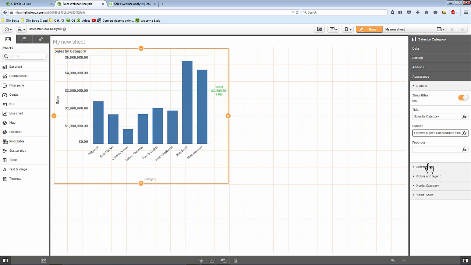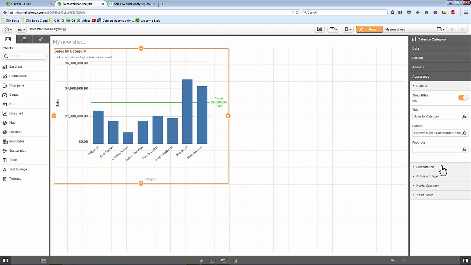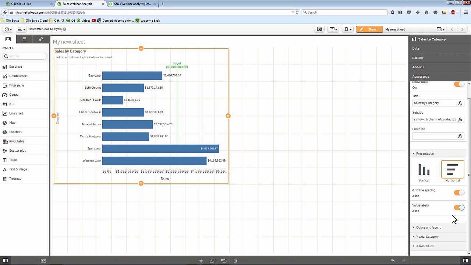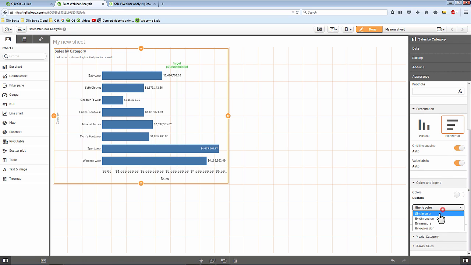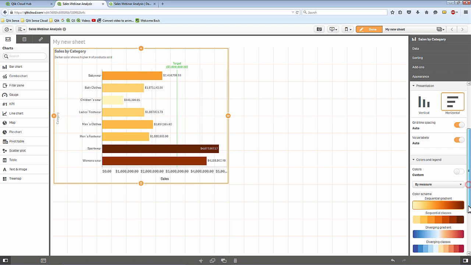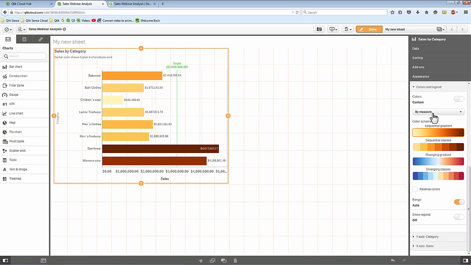Okay, when we get to our color intelligence section, I'll show you how that comes into play. But that will put a subtitle right up here. Presentation: make it horizontal, put the data values on the labels, colors and legend. Here's our single color, color by dimension, or color by measure. Earlier when I was talking about the darker bar color, it's kind of redundant. The actual larger size of the bar indicates the higher number of sales in this case. Well, so does the darker color.